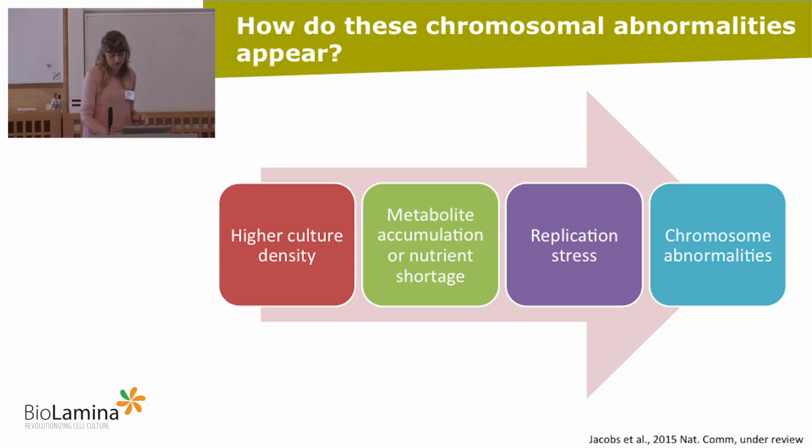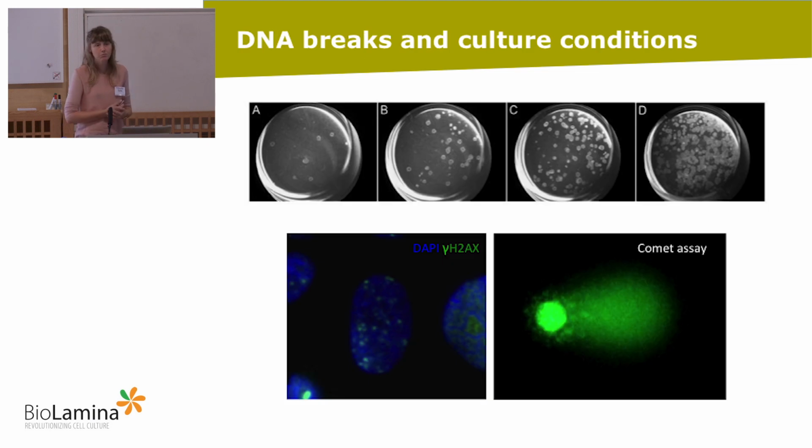And we went on to measure DNA damage with 2 methods. We used immunohistochemistry for a very early marker of double-strand break, and we used the COMET assay, which is a very nice method. I think it's quite fancy, very old-fashioned but fancy. You embed the cell in agarose and do kind of an electrophoresis on it, pulling the DNA out of the cell, out of the nucleus. And the longer your tail becomes, the more DNA damage you have in the cell. If the DNA is fragmented, it can migrate faster out of your cell.